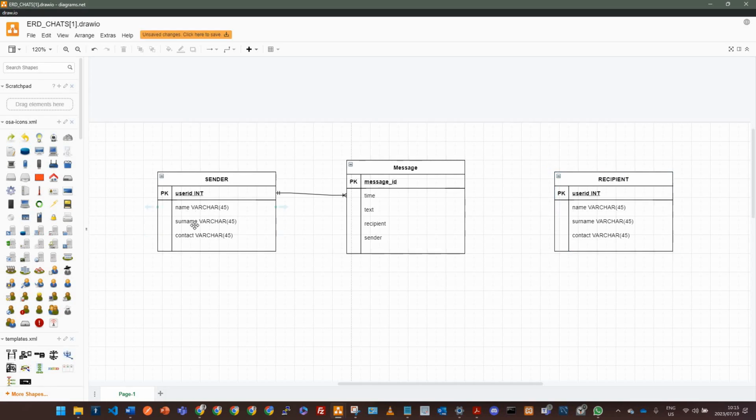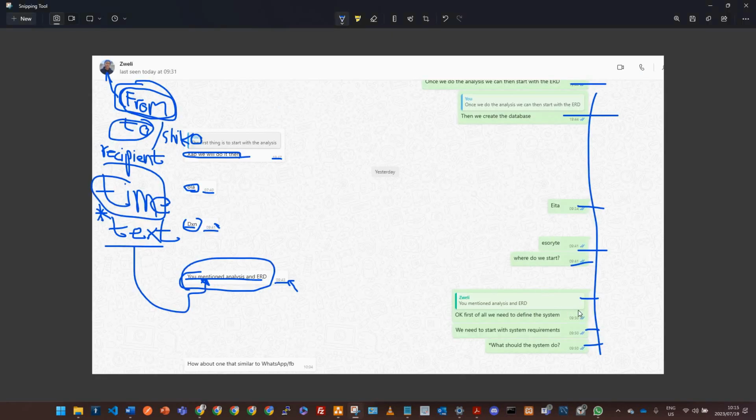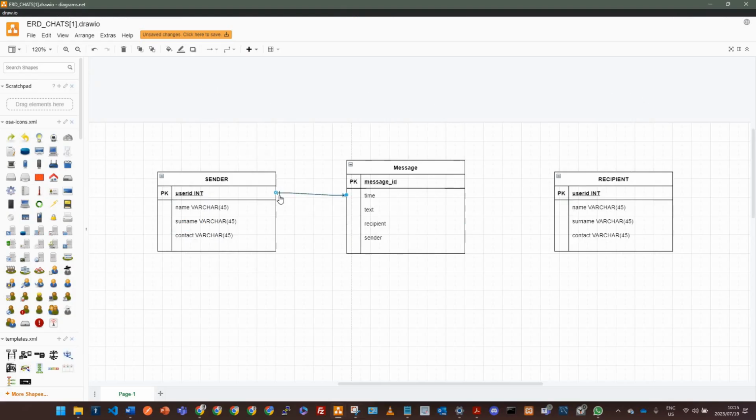So what are we saying? We're saying Shiko Matlala, whose contact is 07657, sent Zweli many messages. As we can see here, I sent you many messages. These are many messages, right? I can send you many messages. I cannot only send you one message, right? And it also means what? I send you many messages, and then